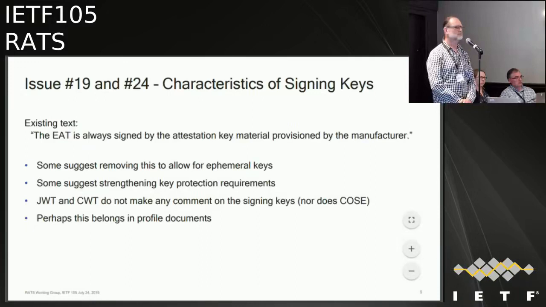So I'll answer the question from my opinion. To me, the issue is trying to constrain the EAT document to signature by the manufacturer. Okay, there are many different use cases of EATs, like whether the EAT goes to the verifier or whether the EAT is part of the attestation result or whatever, and out of different use cases, different ways to compose it, right? If you say it's key material that is trusted by the receiver, that's a perfect thing to talk about in security considerations, and manufacturer is one common example. That's a great example, right?